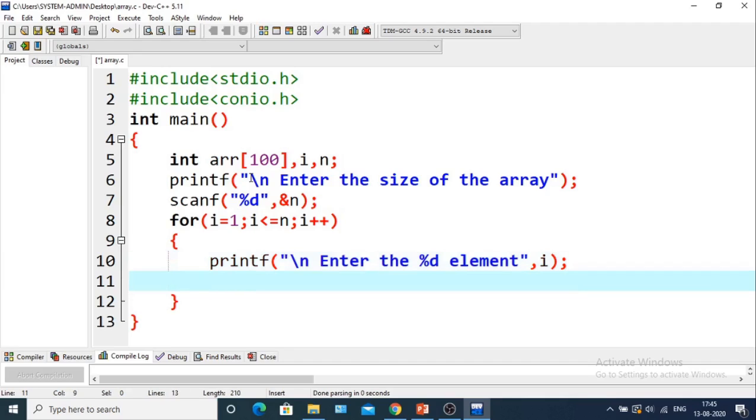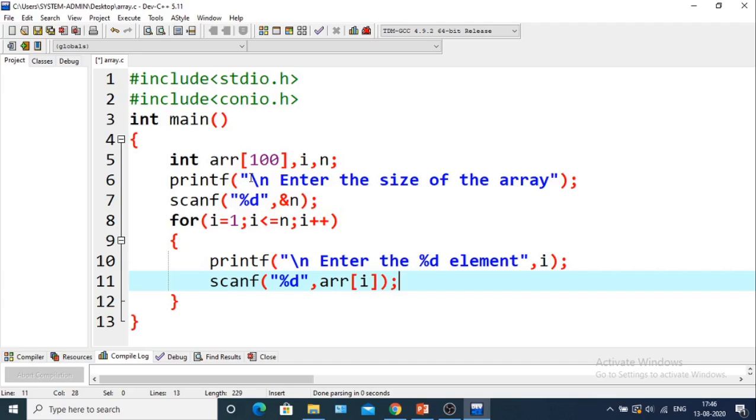Next we will take the scanf, that is %d, comma, arr[i]. As you can see, to take user input, if we have 5 values we want to take in the array, we would basically need 5 scanf statements.